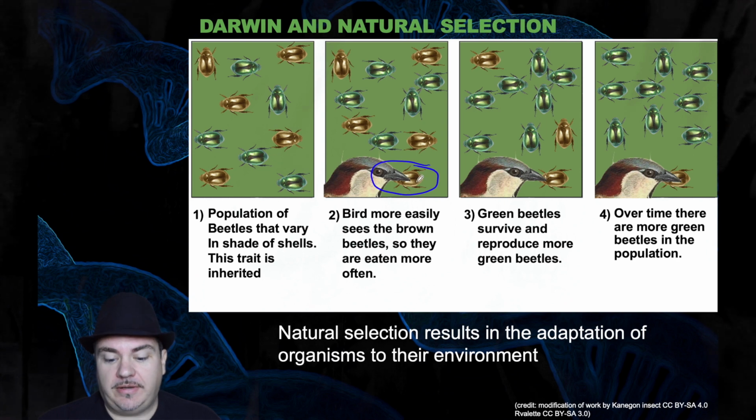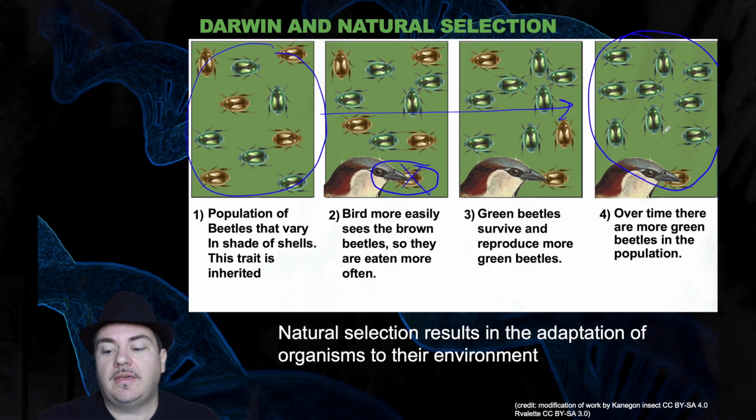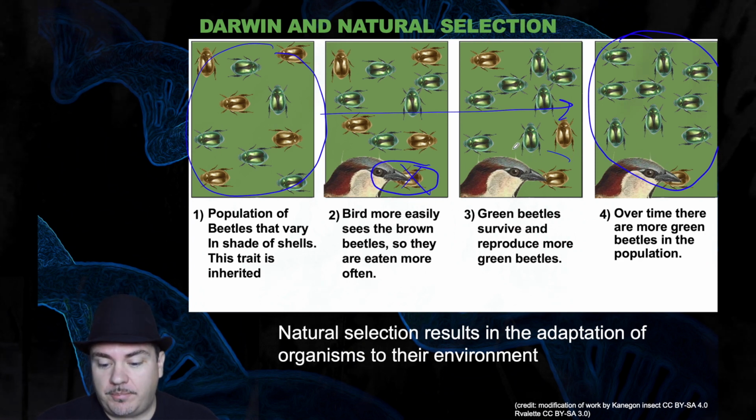Well, if this beetle has been eaten, it's dead, so it can't pass on its genes to the next generation. So over time, that population shifts to have less and less of the brown shaded beetles and more of the green shaded beetles. In other words, the beetles seem to be very well adapted for where they're living. These green shaded beetles are living in this green grassy background. Why? Because they hide better from that predator, that bird.